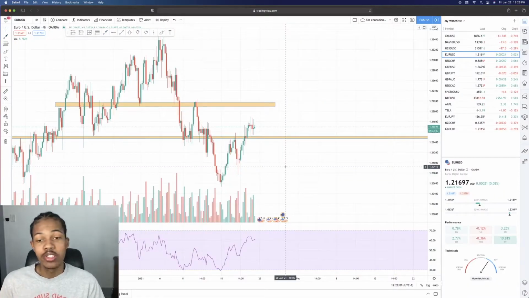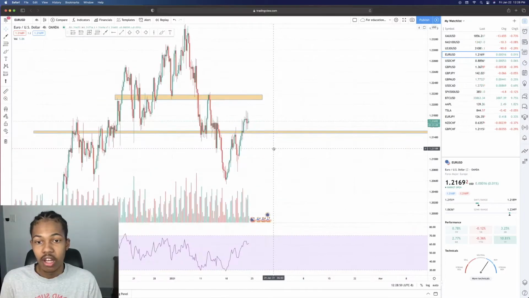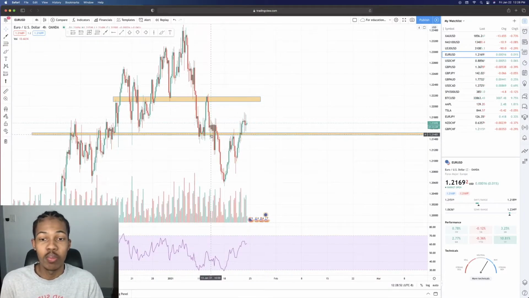All right, and now this is a chart of Euro USD, and this is to show you how the fib can really work on any time frame. So that last trade that I showed you on Apple would have been more of like a swing play, but this was actually a trade that I was trying to take last night that would have been a scalp on Euro USD. All right, so prior to taking this trade, I would go and mark up all of my support and resistance on the higher time frames like the 4 hour,